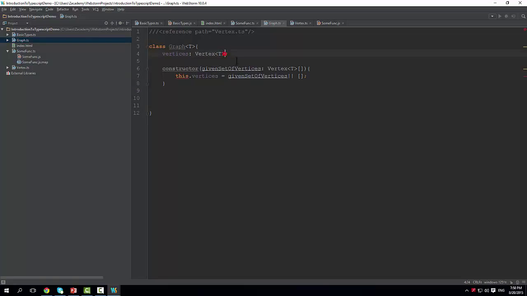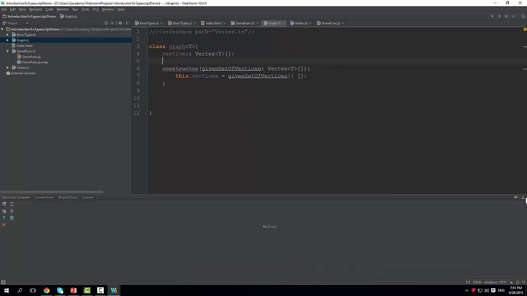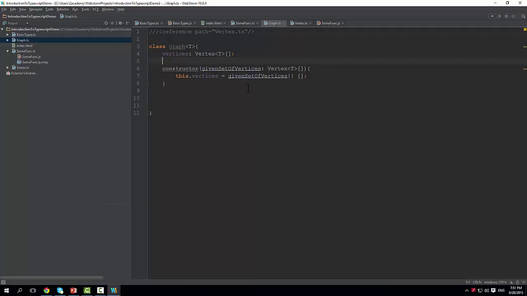Okay, vertices. I'm going to recompile it, and it should work fine. Okay, it's fine now. So this is my constructor for the graph, and I'm just going to have some methods here